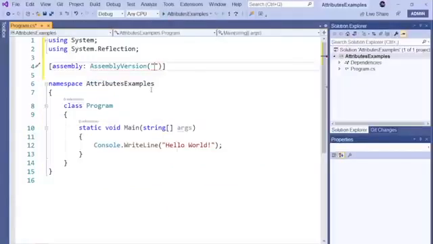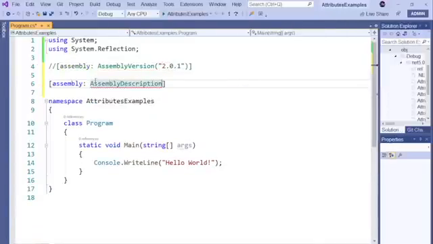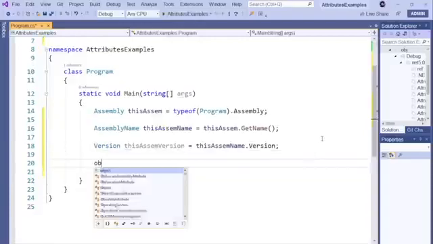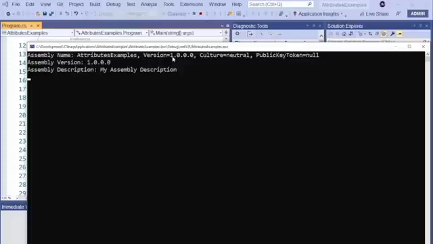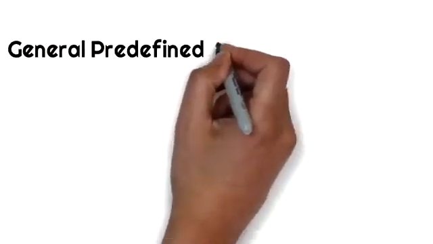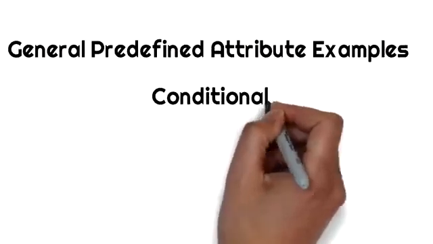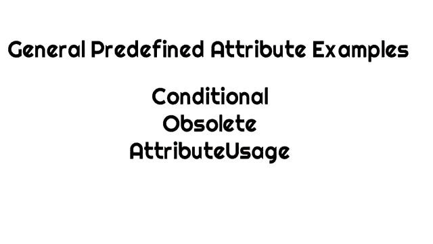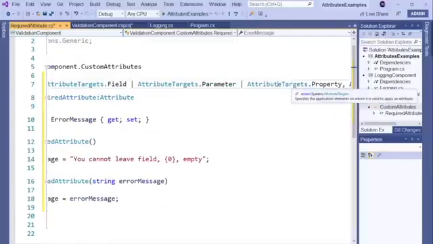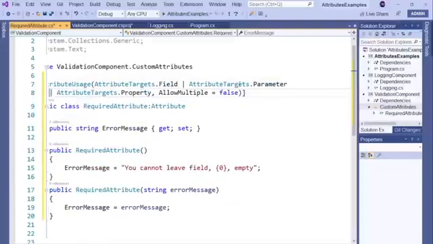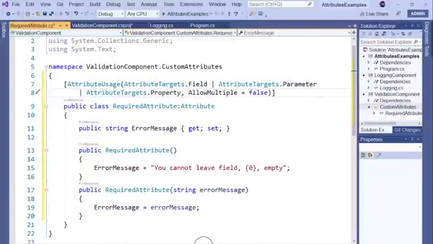We'll start by implementing a code example using the AssemblyVersion attribute and AssemblyDescription attribute, which are global attributes. We'll use reflection to read the relevant assembly metadata and output the assembly metadata to the console screen. We'll then implement a code example using the following general attributes: Conditional attribute, Obsolete attribute, and AttributeUsage. The AttributeUsage attribute will be declared on our own custom attributes that we'll create a bit later in this video. We'll use custom attributes and